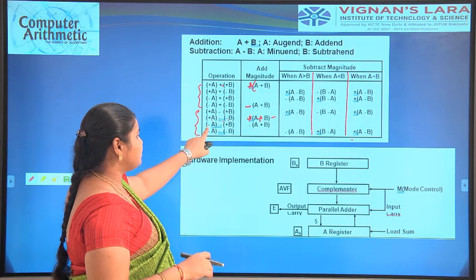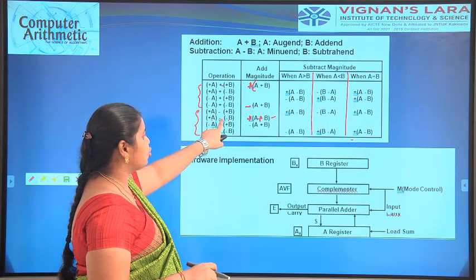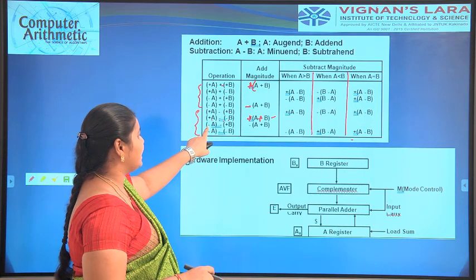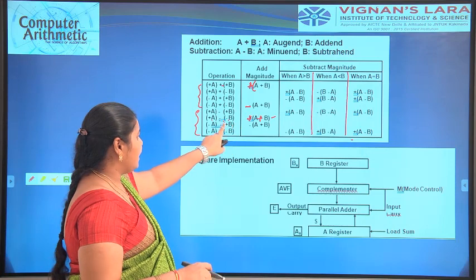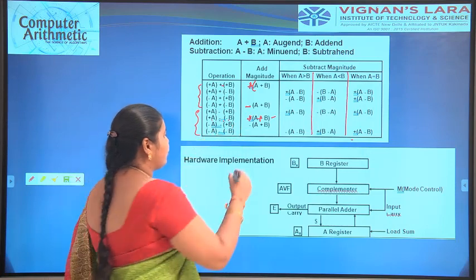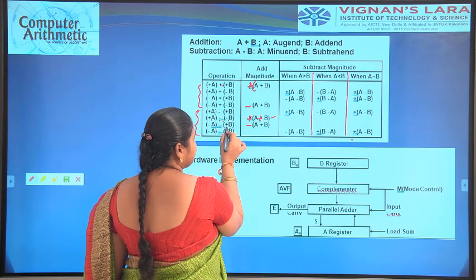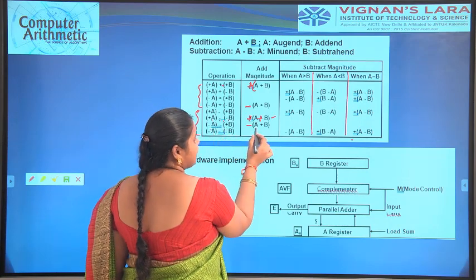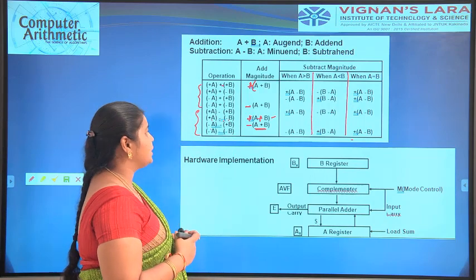Here A is minus. Here also B has a minus and A is minus. Here minus into minus, plus. That's why the highest term will be the minus, so we place it as a minus. Here we have to add both, A plus B. Minus (A plus B) is minus (A plus B). Okay, these are the combinations of the addition operation.